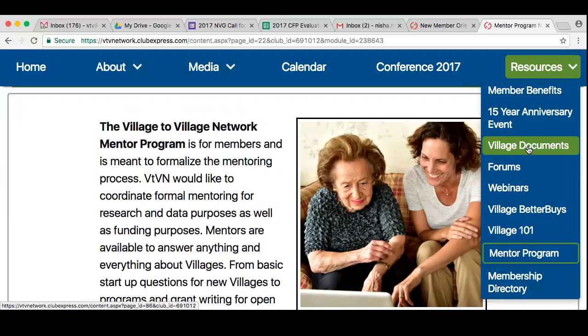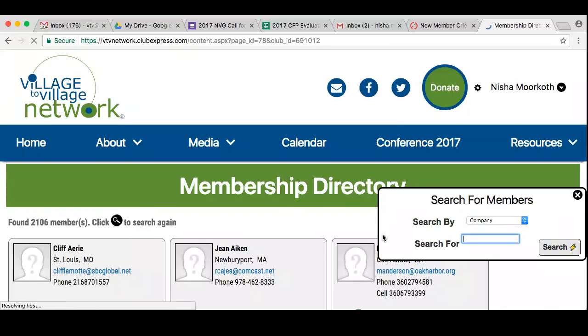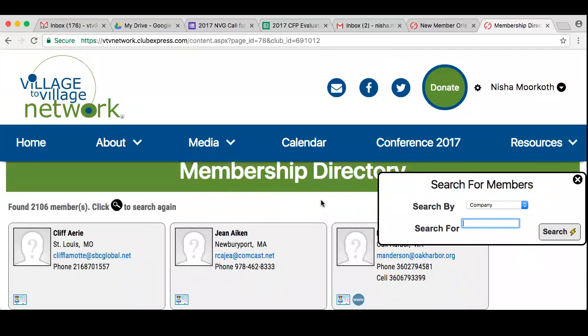Okay, the next thing I'm going to go through is the membership directory. So this has all our village members on here. So it's not members of the individual villages, it's people who are probably the village staff or the board of the certain villages. So obviously the members of the network are villages, and on their profiles it's usually presidents, executive directors, committee